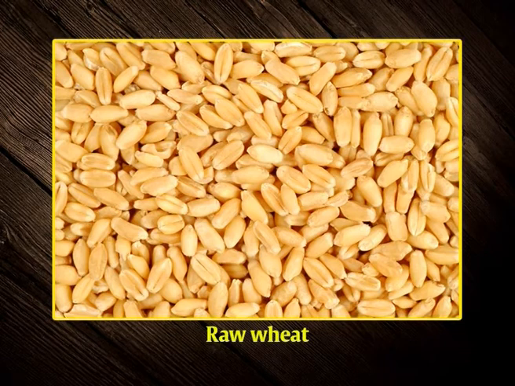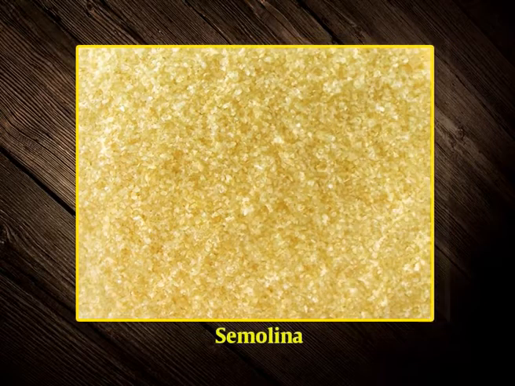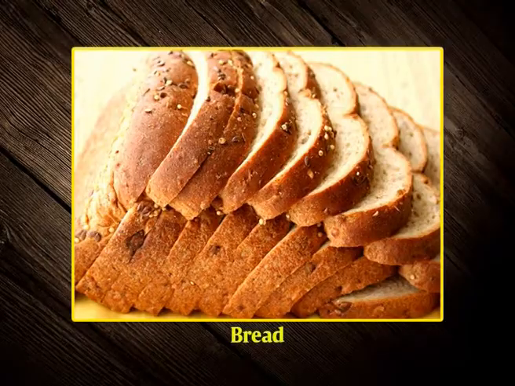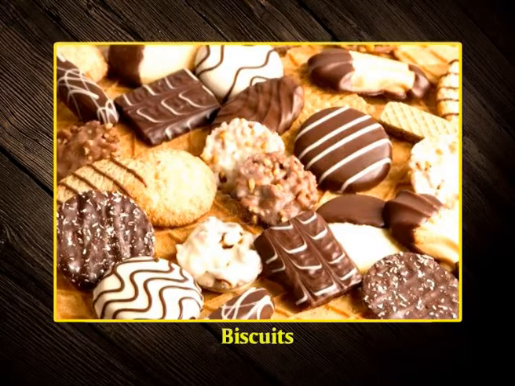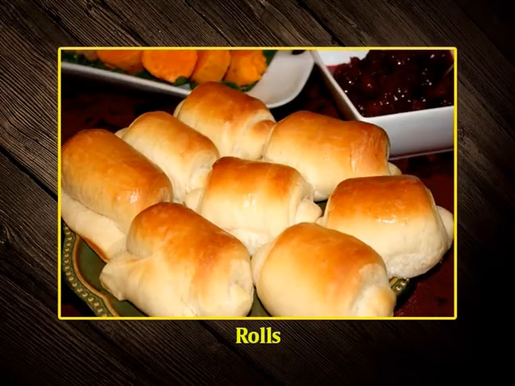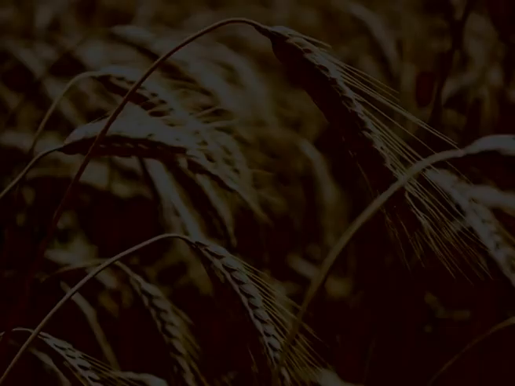Raw wheat can be ground into flour, or, using hard durum wheat only, can be ground into semolina. It can be germinated and dried, creating malt; crushed or cut into cracked wheat; or parboiled, dried, crushed, and debranned into groats. Wheat is a major ingredient in such foods as bread, biscuits, pancakes, pies, cakes, cookies, rolls, donuts, gravy, and breakfast cereals. Bread.